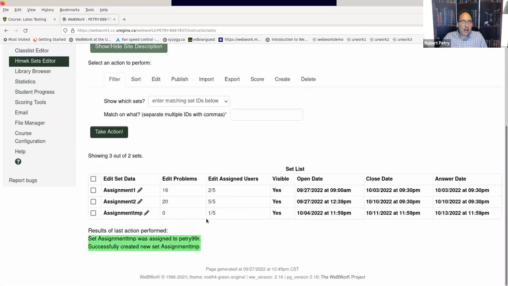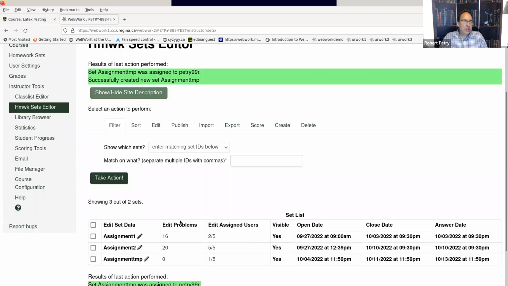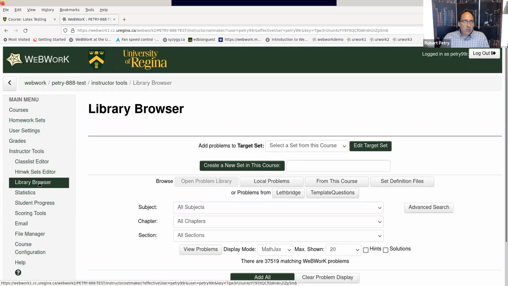So right now I've got an assignment. It's empty. I might want to change the dates, but I haven't even created it yet. So how do we do that? This is where WeBWorK really shines, especially for things like calculus, because it's got all these existing problems. And so what you do is you go to the library browser, and the first thing you